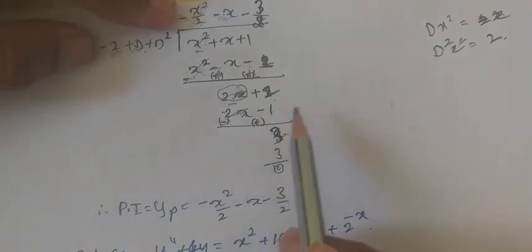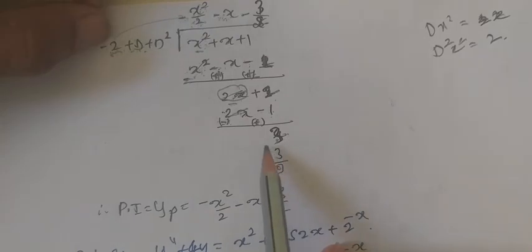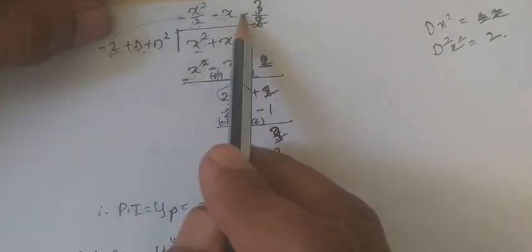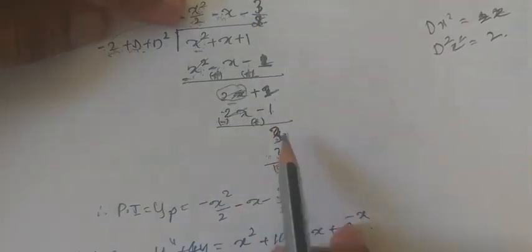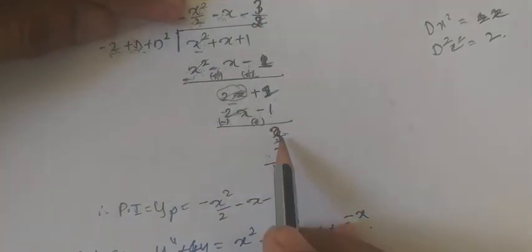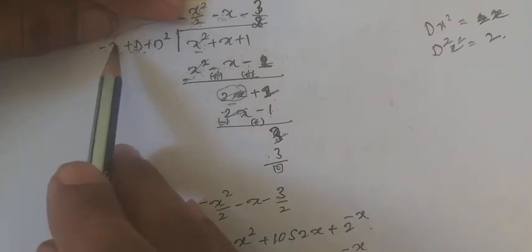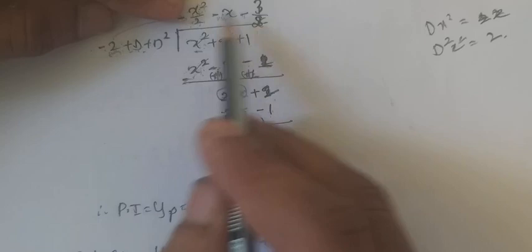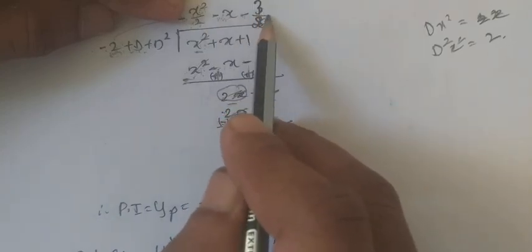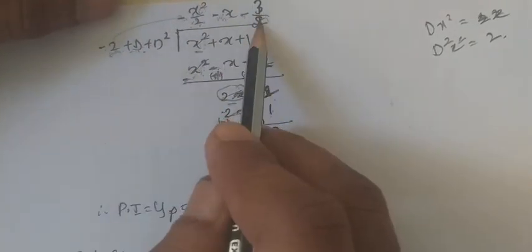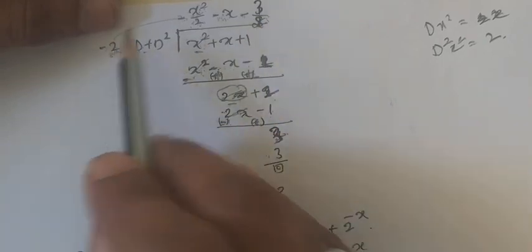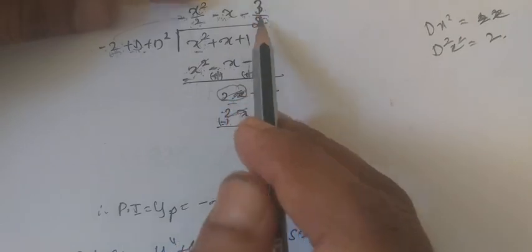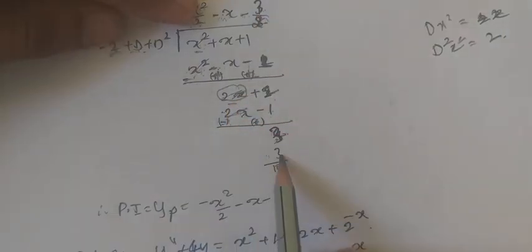Once you got 3 here, if you multiply this with this, you must get plus here. So minus into minus, you have to take minus sign here. We want 3 here, but it is 2 here. If you multiply directly by 3 into 2, that becomes 6. To manage that, you have to take 3 by 2, multiply this one by 3 by 2, so that this 2 gets cancelled when you multiply, and 3 is remaining. So you have to take it as 3 by 2. So this is plus 3.